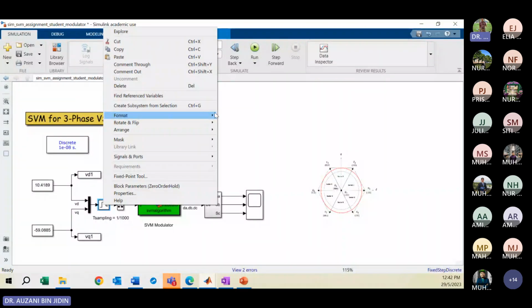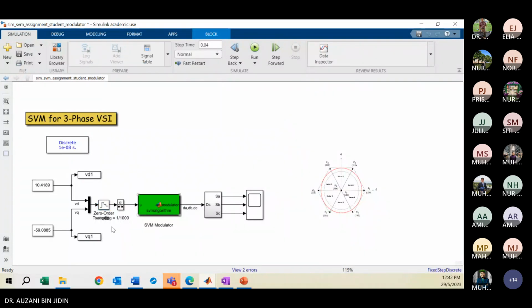Maybe format show the name of the block. So zero order hold. This block name is